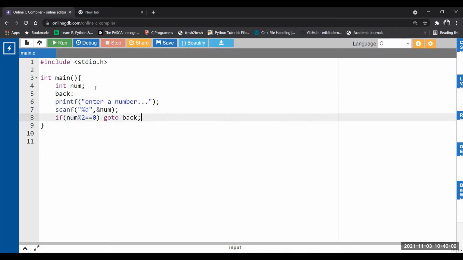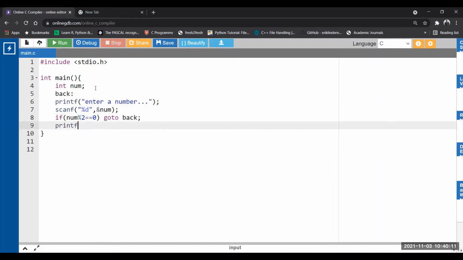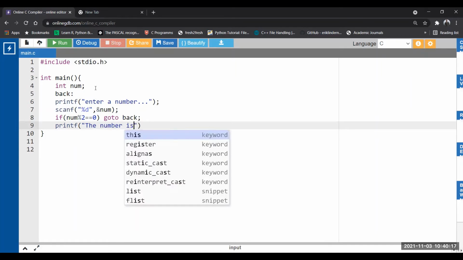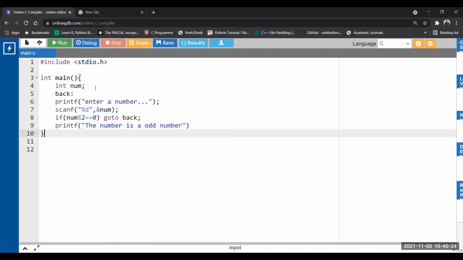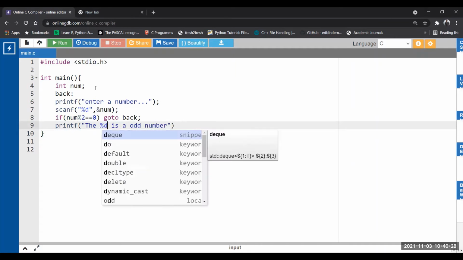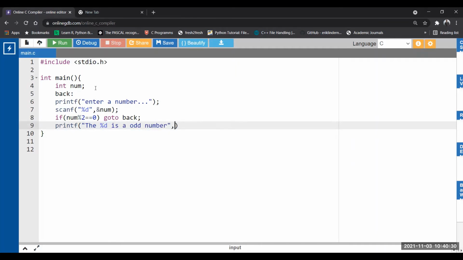So now let's write it. Printf, the number is an odd number. Okay, so we can print the number here, else the number is an odd number. So let's print the number.